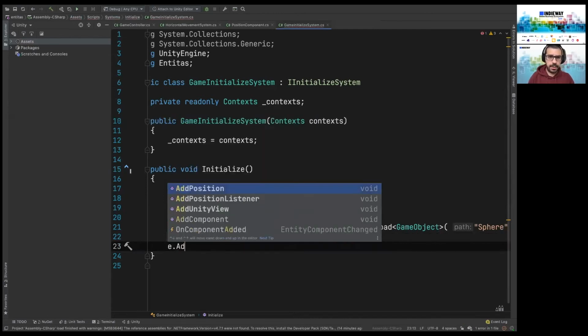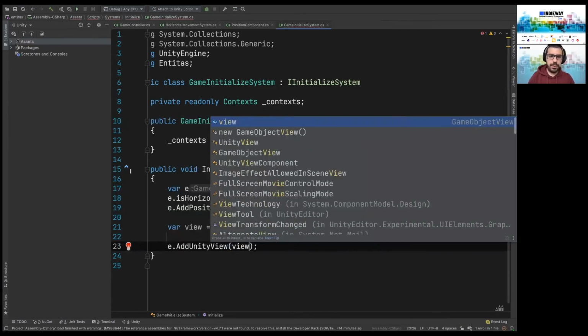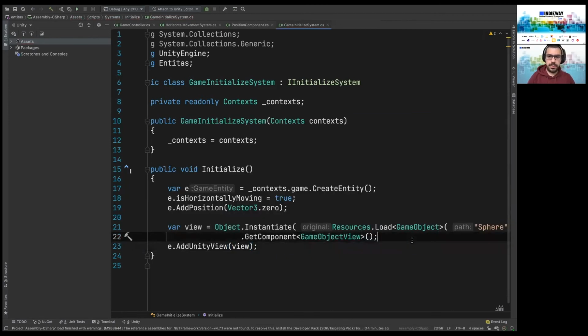So now our entity, we're going to be adding a Unity view, which is going to be this, and our game object.